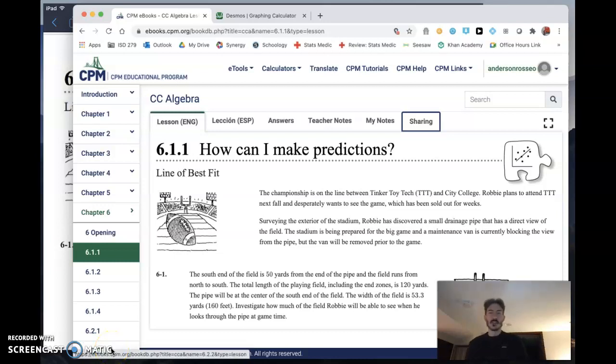Today we are going to start a new unit in our CPM ebook. And today we're starting the first lesson in Chapter 6. And Chapter 6 is all about modeling with two variable data, or bivariate data. And this is big. It could lead us on into some big, broad thinking in terms of how data looks, what kind of a picture data paints,